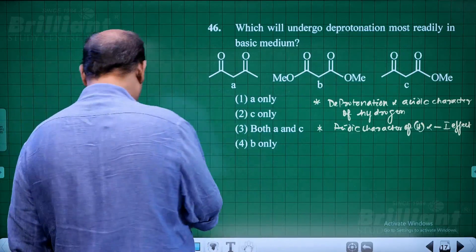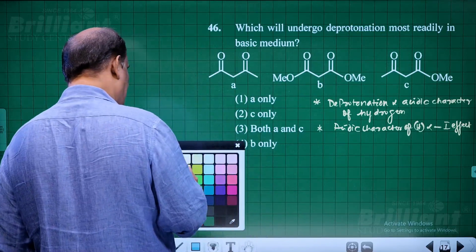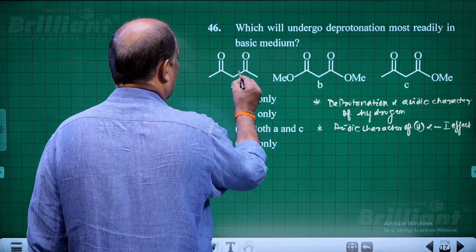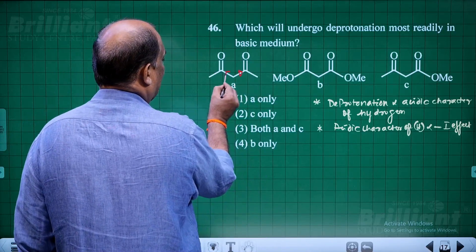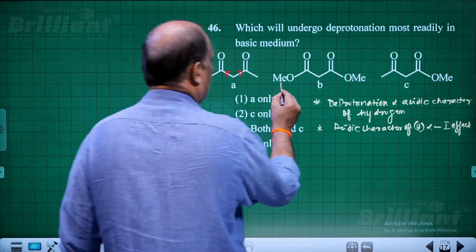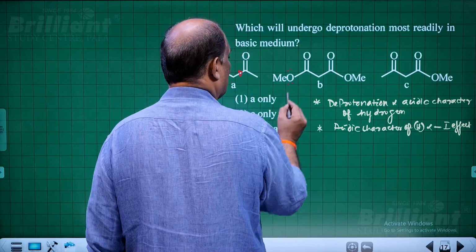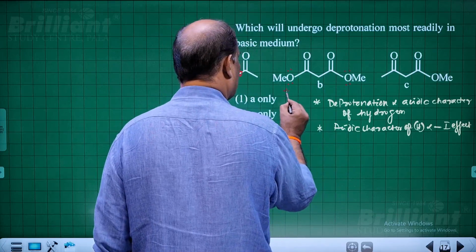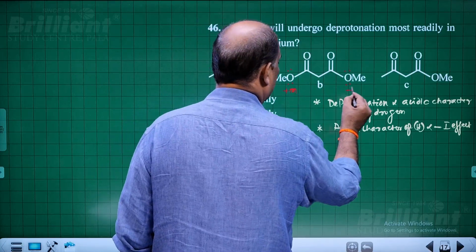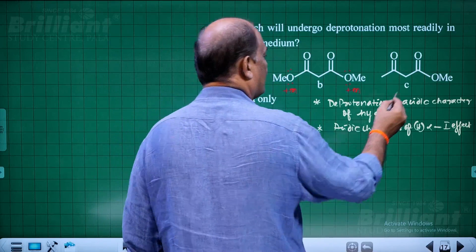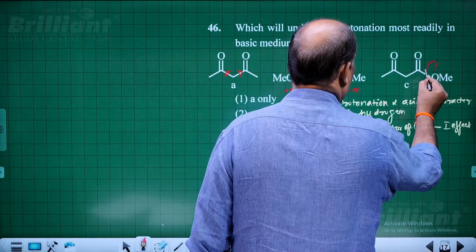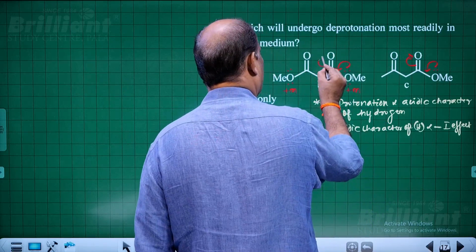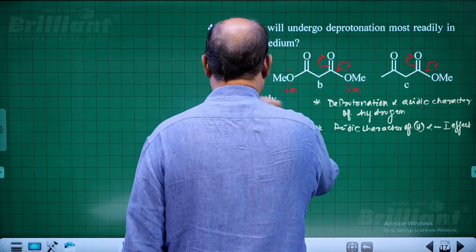So here, this is a concept. You try to understand this, the basic philosophy. This is the minus effect. But these two electron pairs give a plus mesomeric effect. This is a plus M group. Plus M group. That's why